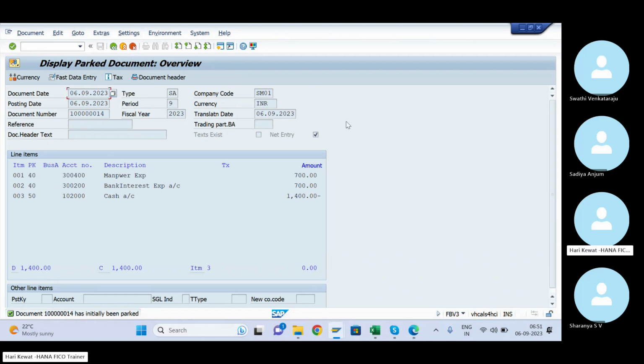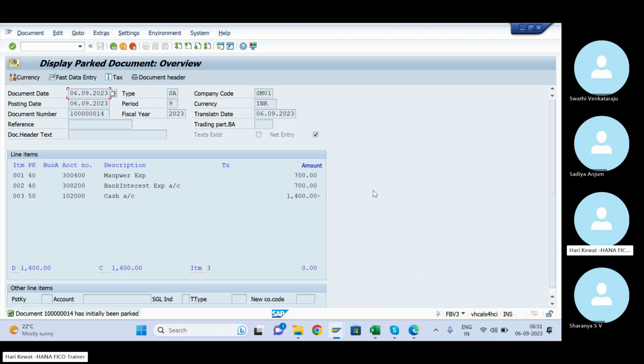Is that clear, what I'm telling everyone? This is very, very important. In real time, you'll definitely be working in this area. If you go into a HANA implementation, this will be one of the areas you have to work on for sure, because every company is doing this parking and approval process these days.